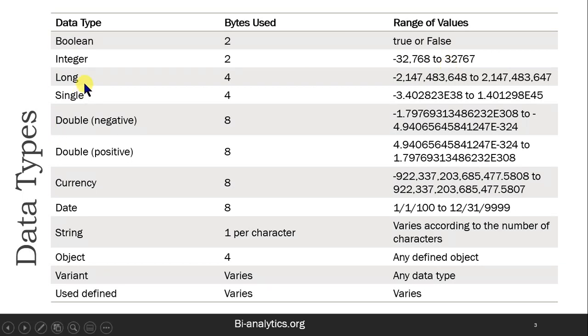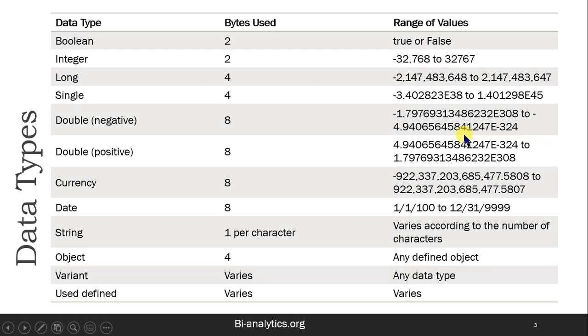So we have to use another one, which is called the long data type. So long data type is also like an integer. Single and double are data types which are used to store decimal points also. Fine. And they have capacity like -3.4 times 10 to the power 38. So many numbers. Double is a big one, like 10 to the power 308.